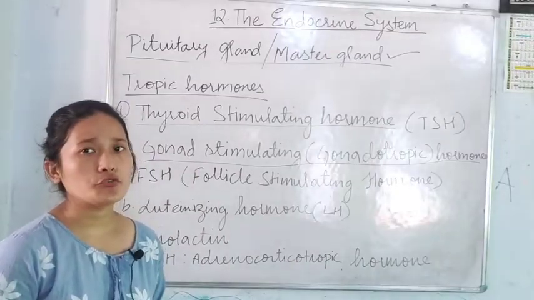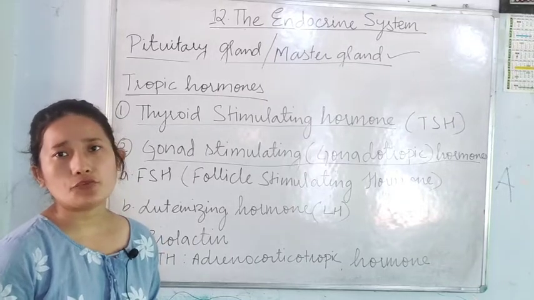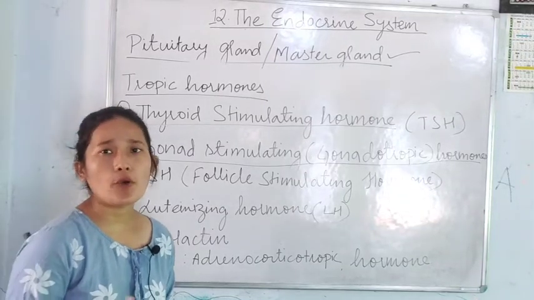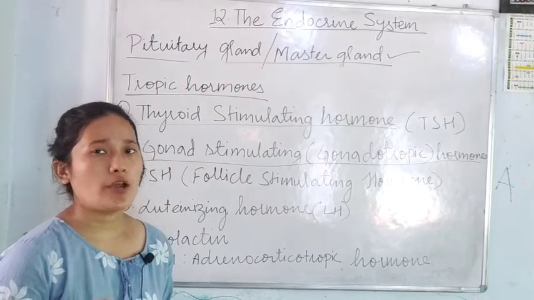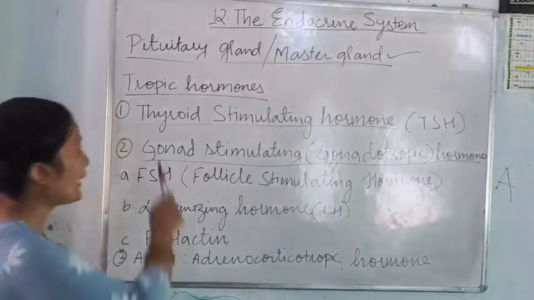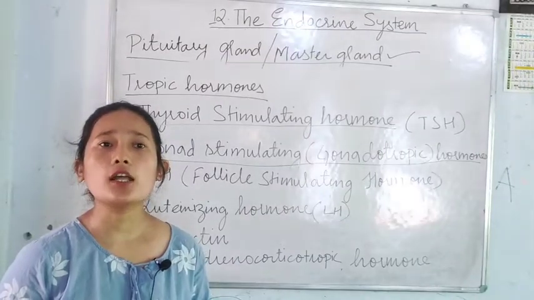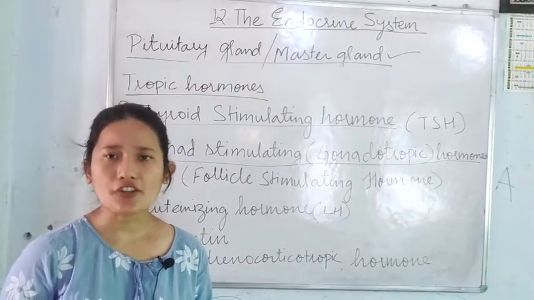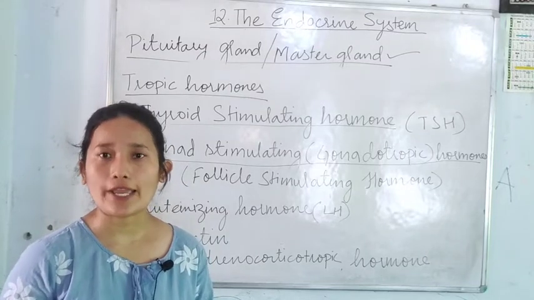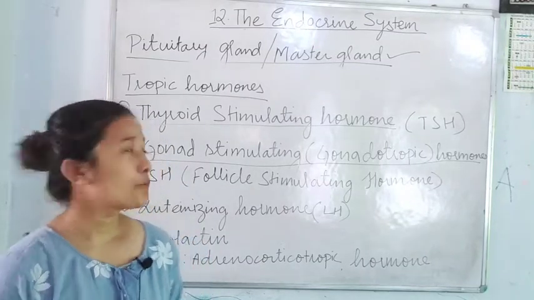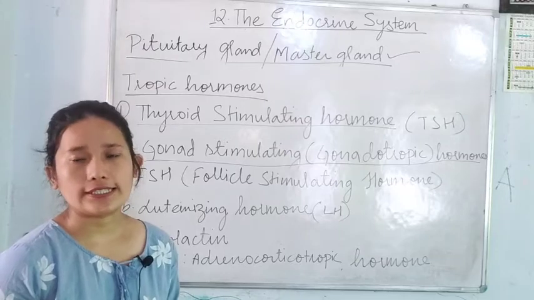You have to go through the abbreviated form and the full form. They usually ask you 1 mark questions. Okay, so you have to go through it. So thyroid stimulating hormone, the name itself suggests that it helps in stimulating the thyroid gland to produce more of thyroxine hormone. Okay, you all know the function of thyroxine in detail.